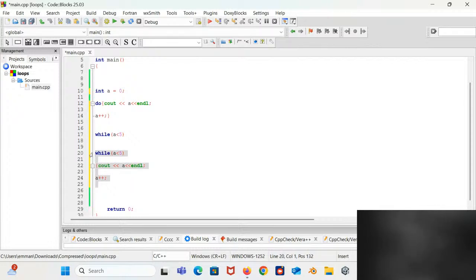In the while loop, the condition gets checked before the action is done. But with the do while loop, you can see up here, the action is starting. Do cout A, and then the post increment operator comes before the condition is checked. So the difference here is that the block of code gets executed before the condition is checked for the do while loop. This will get executed first, even before this condition gets checked. But for this one, the condition will be checked before the execution happens. I hope you are clear with that.